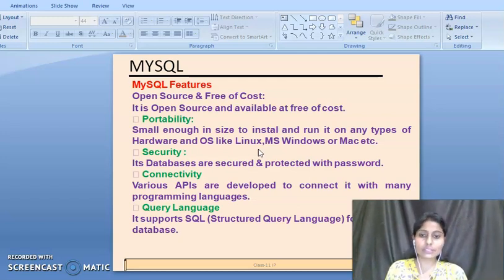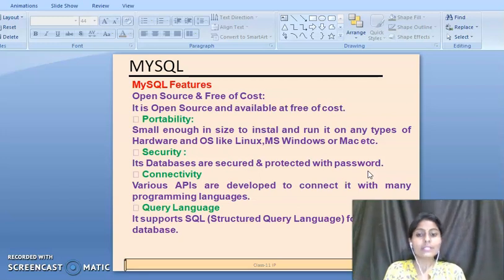It provides security also. Its databases are secured and protected with a password, because MySQL provides a password facility. Every time you log in with this software, it will demand the password that you set during installation. So this password feature provides us security.